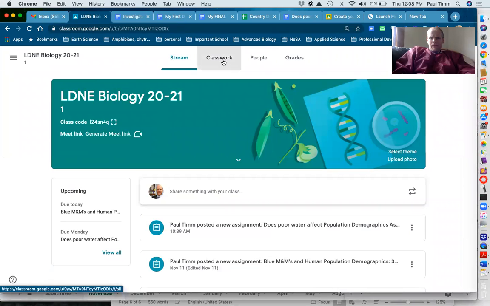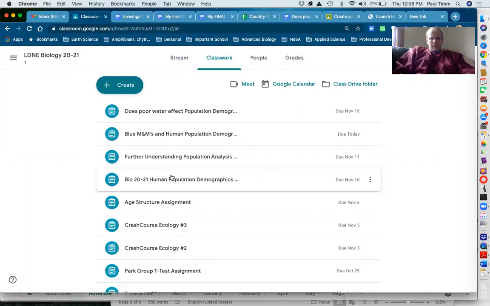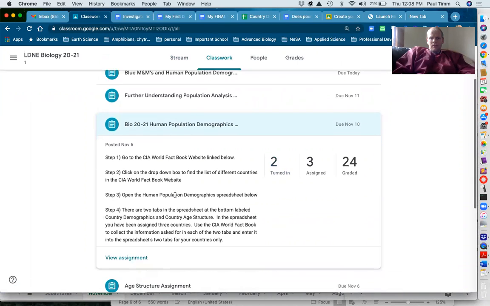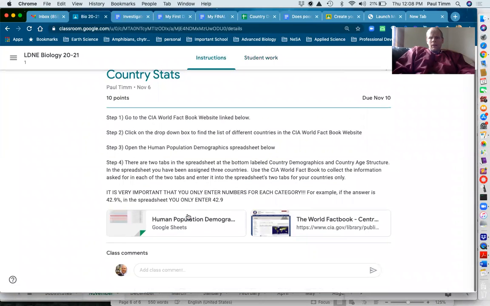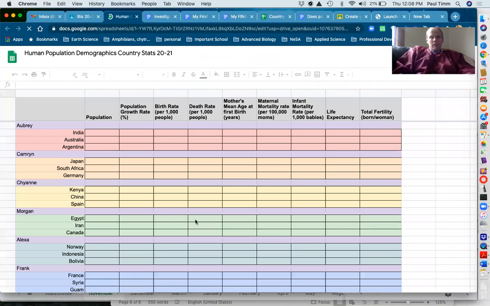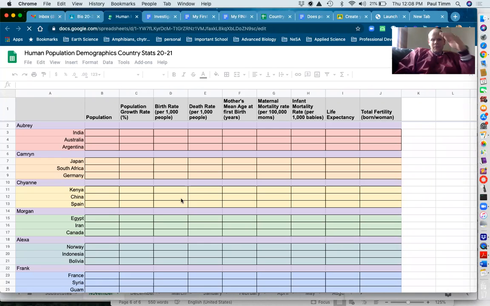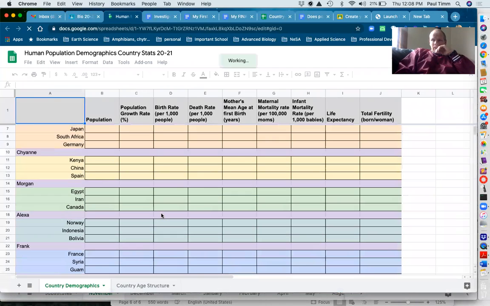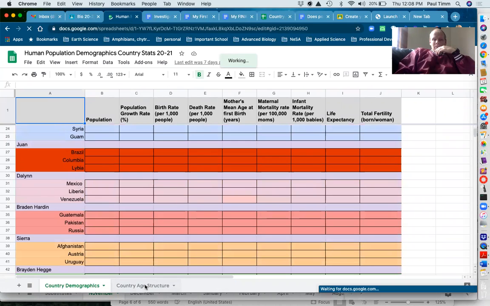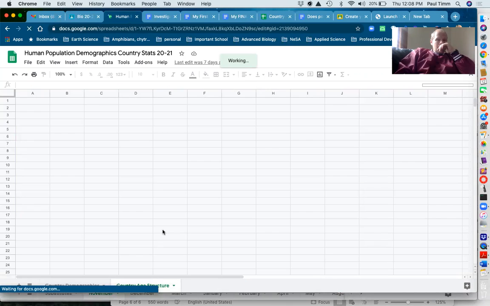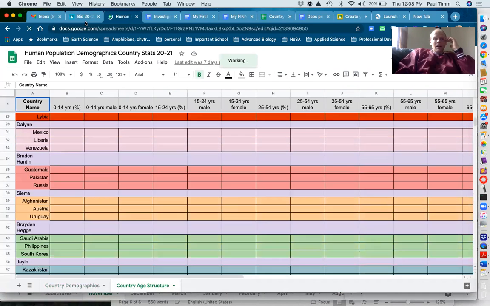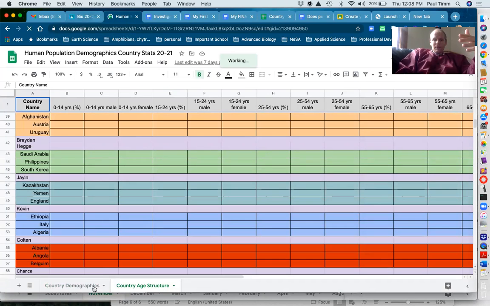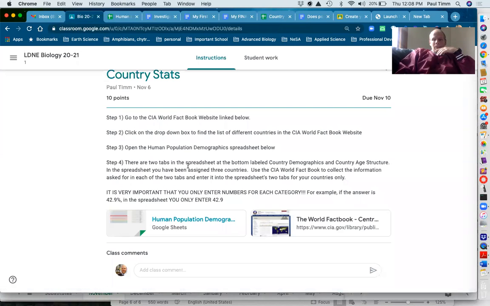But right now, my students, what they did for an assignment a couple days ago is they had to gather demographic information about countries from around the world. And so they were looking at everything from fertility to death rate, birth rate. And you can see those students collected that information for about 90 some different countries. And not only did they do it on different factors, but they also looked at age breakdowns, age structures. And so we ended up taking that information for each of those countries. And you can see there's like 90 some countries over on the left side. After they submitted the information for their countries that they found on the CIA World Factbook website, they then